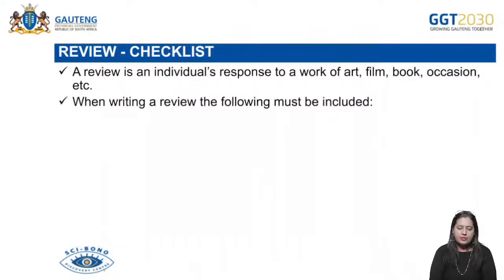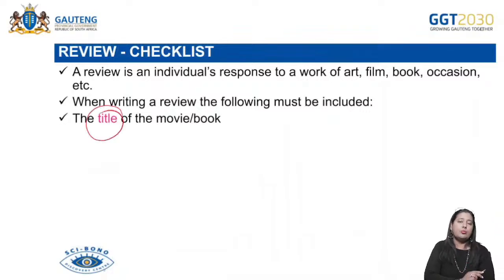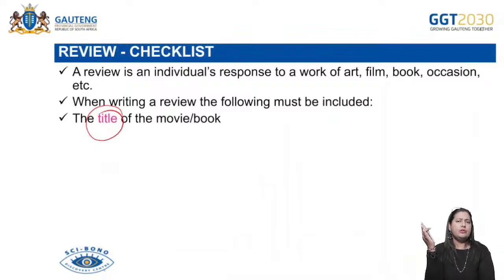So when writing the review, you have to include the following: the title of the movie or the book. That's very important, because remember, the person cannot just imagine what you're talking about. They got to know that you are talking about this book. For example, you're talking about The Picture of Dorian Gray, and you now read the book and you're reviewing the